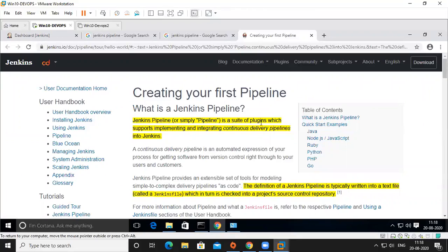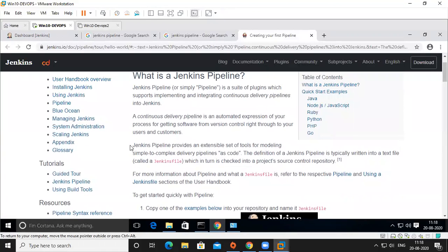Okay, a suite of plugins which supports implementing and integrating continuous delivery pipelines into Jenkins. Mostly the continuous delivery part comes under this pipeline. It is an automated expression of your process for getting software from version control right through to your users and customers. So we are getting it from version control source.